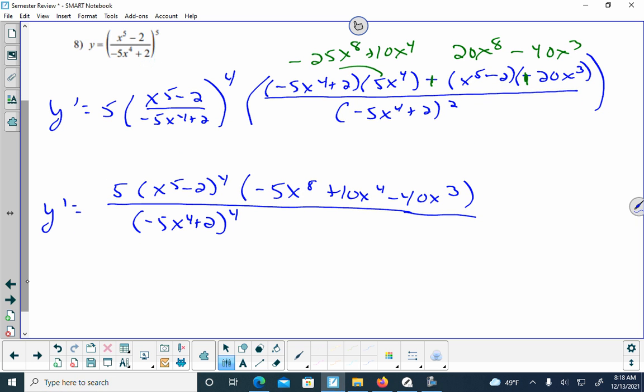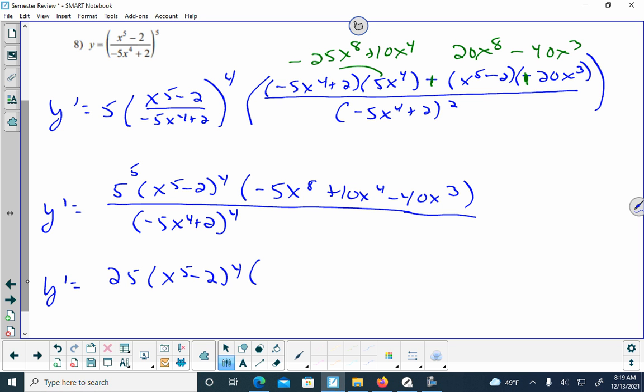Then there I realized that I could factor out a 5. So I'm going to factor out a 5. Factor out a 5 from here. So the 5 that I factor out will make this 25. So this will be 25 x to the 5th minus 2 to the 4th. I wonder if I should factor out a negative. No, I'm not going to. So this will be